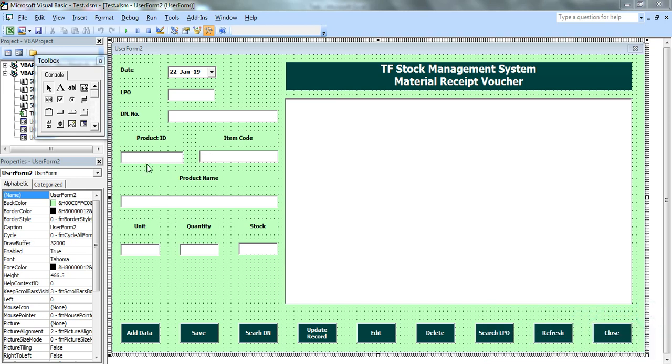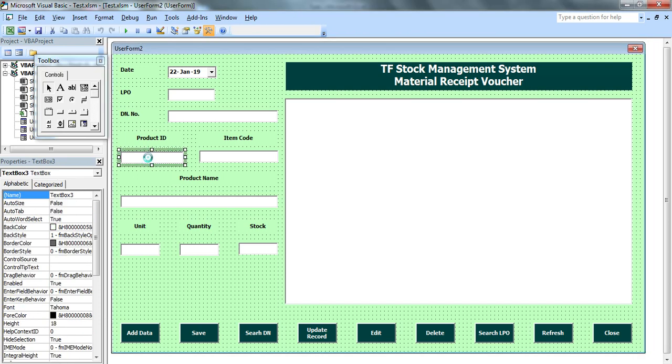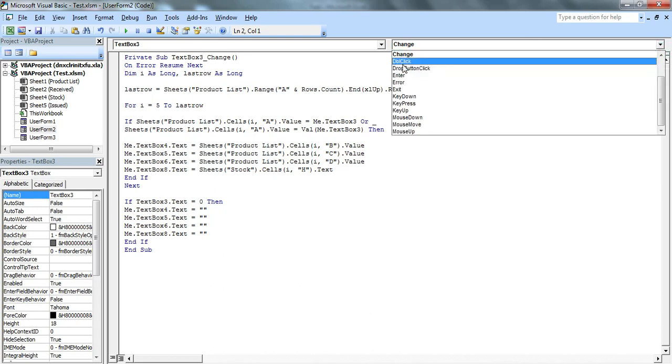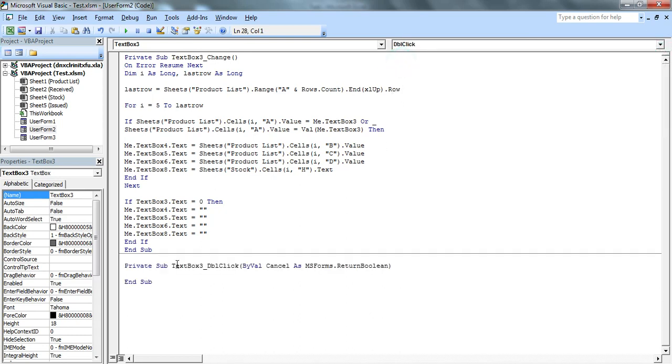first of all, I will double click this text box, okay, and I will change the event here. I will select the double click event, because I want one window to open when I double click this text box.